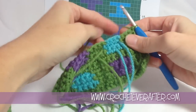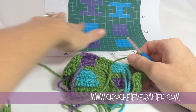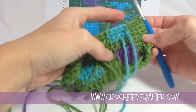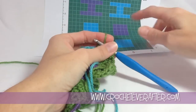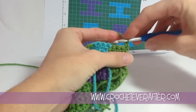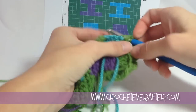Alright, I have detangled myself a little bit and I'm ready for my last row of color here before I do a solid row of green. So you can see what I do with all these extra balls of green. The eye stitches are going to be a separate video, so if you need that one, look for the Intarsia video that talks about